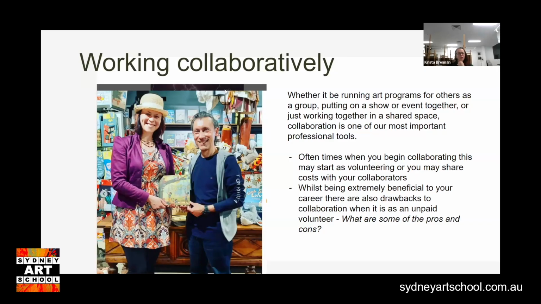So the workload might be easier to handle when working with another person. Yeah, very true. It's sharing the load. Collaborating with other people does allow you to share the load and give different jobs or different aspects of the work to different people. And I guess tying into that too, it means you can work to people's strengths. You might have a particular strength in one area and someone else might have a strength in a different area, and the two of you working together means that you can cover more bases, which is also a very good positive.